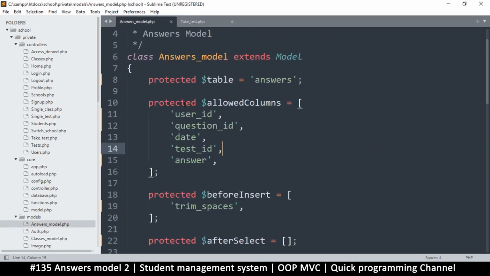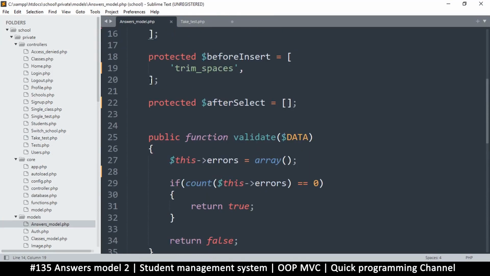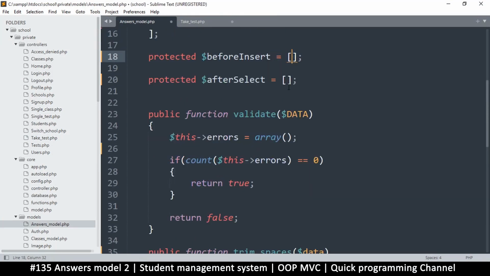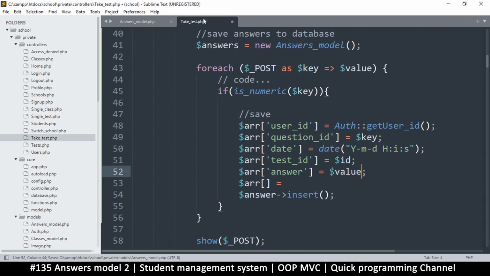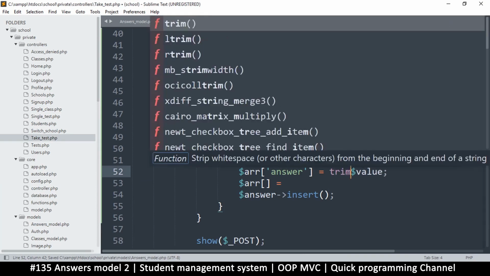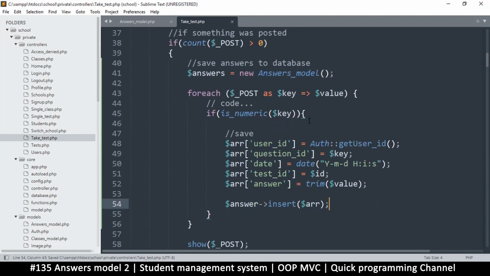Now, instead of all this that we created, the trim spaces, I think it will not be needed anymore, because we can easily just trim it on the other side, just to save on processing. So I'm just gonna say trim right here and save. Okay, so that does it actually, and then now I can put this baby in here. Goody, isn't it? Okay, that sure does. Yes, let's see, ID,